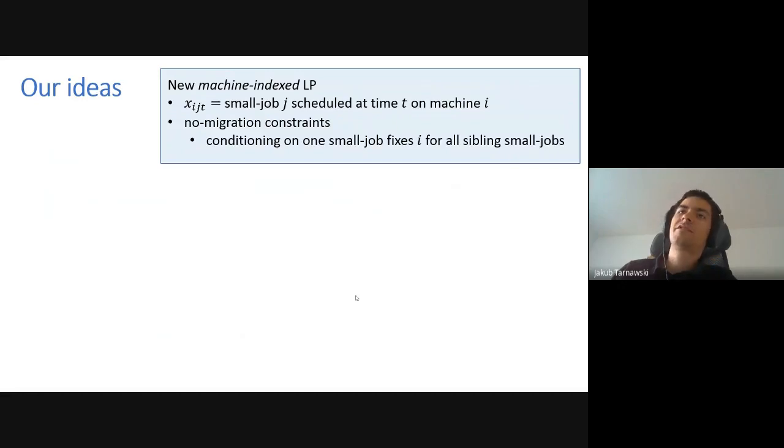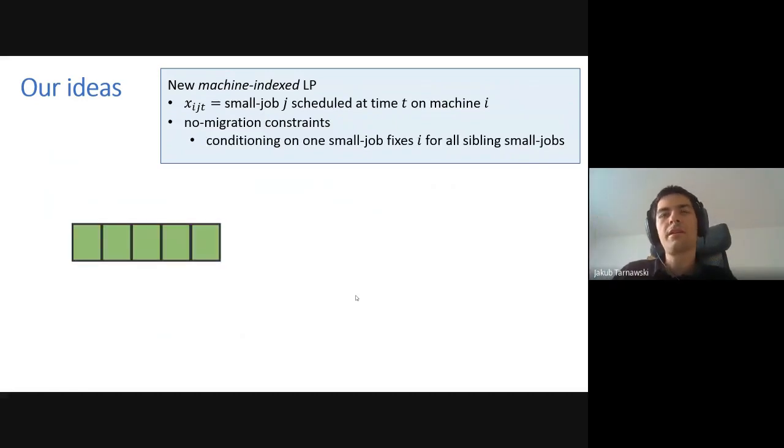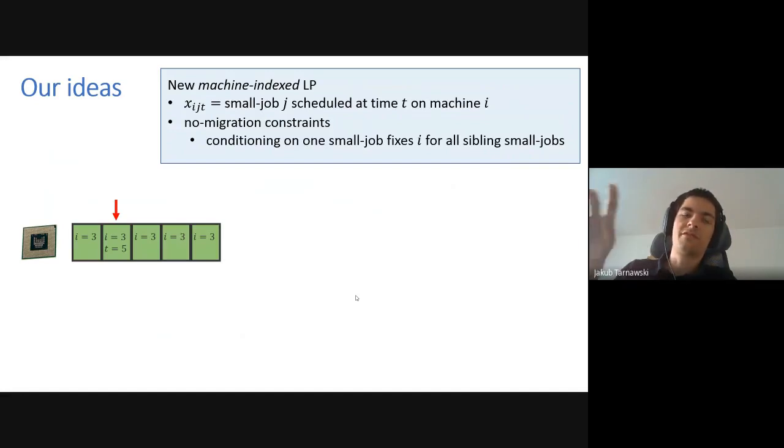So what this gives you is that when you condition on one small job in this chain, you get a fixed machine for it. Like with probability 1, now it's being done on machine 6, for instance. And doing this also fixes that machine for all its symbolic small jobs, thanks to this constraint. Okay. So let's say you have this chain. You fix this guy, so you condition on one x_ijt for it. So now he gets a fixed machine and a fixed time slot. The other jobs in the chains don't get a fixed time slot, but he does, and they get a fixed